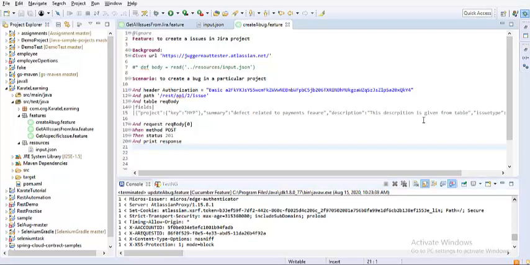So, in our last learning, we have seen how to create an issue in Jira. We have seen all three ways of sending a request body when we are creating a bug. In this video, let's learn something new, and this is an exclusive feature to Karate. The function that I'm going to show you is reusability of a feature file.